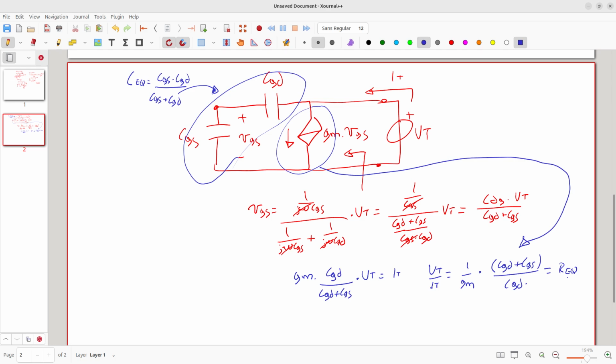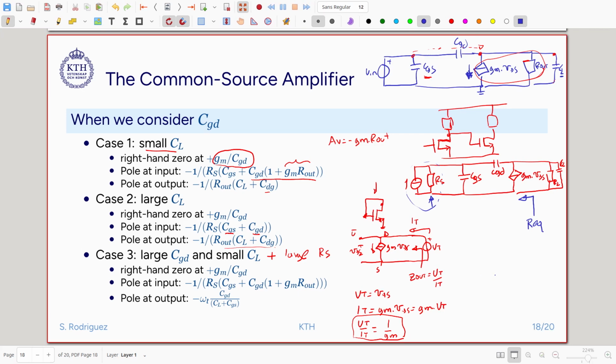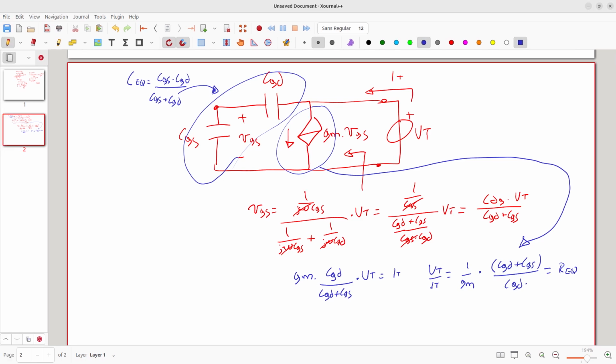If I go back, we can see here that 1 over GM is the impedance assuming that it is a total short circuit, but if it is not totally short circuit, we have a factor that depends on the capacitances here. Okay, so if we go back to our model,